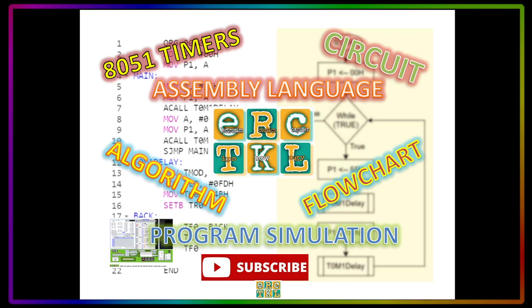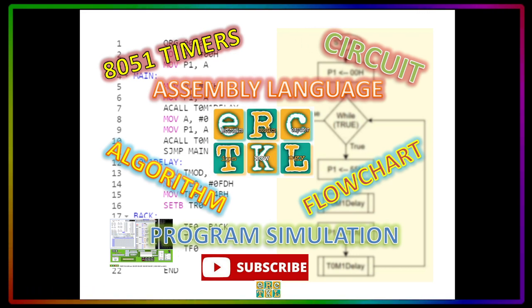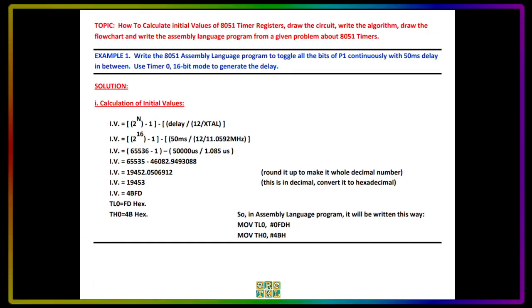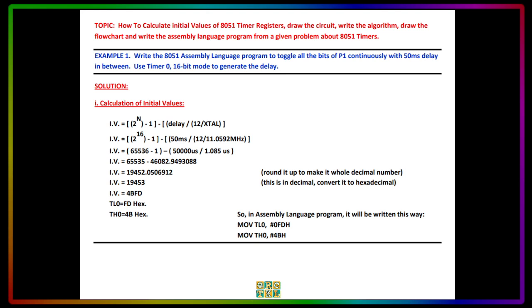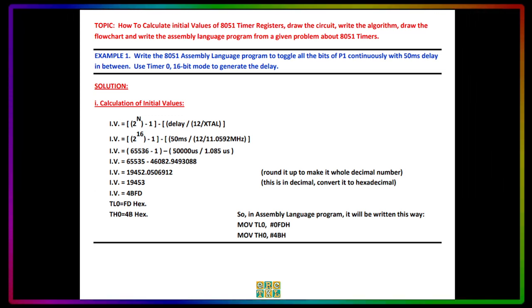In this video, we will be talking about assembly language programming using 8051 timers. The specific topics that I will be discussing today will be about how to calculate the initial values of 8051 timer registers, TL and TH, which is the high byte and low byte timer registers. We will also see the circuit for the 8051 timers connection, which is using LEDs, how to write the algorithm, how to draw the flowchart, how to write the assembly language program from a given problem about 8051 timers, and